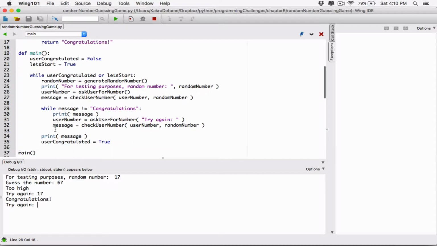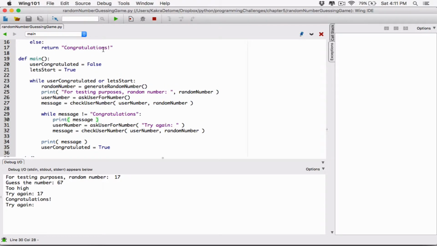Okay, so we display congratulations. This is when the message is making sure this is correct. Okay, so that's the problem. So over here, it was returning congratulations with an exclamation mark here. I don't know if you can see it. Yeah, it was returning congratulations with an exclamation sign here, right? So when it checks over here, basically it's this congratulations that it's printing, right? It's not a statement. It's still the statement here, because